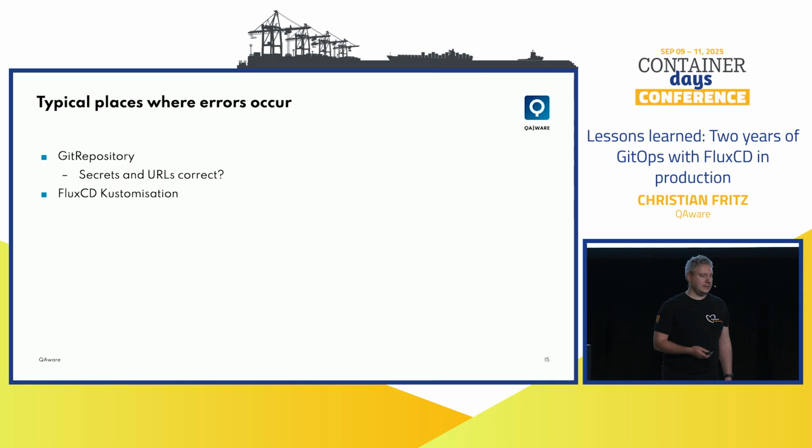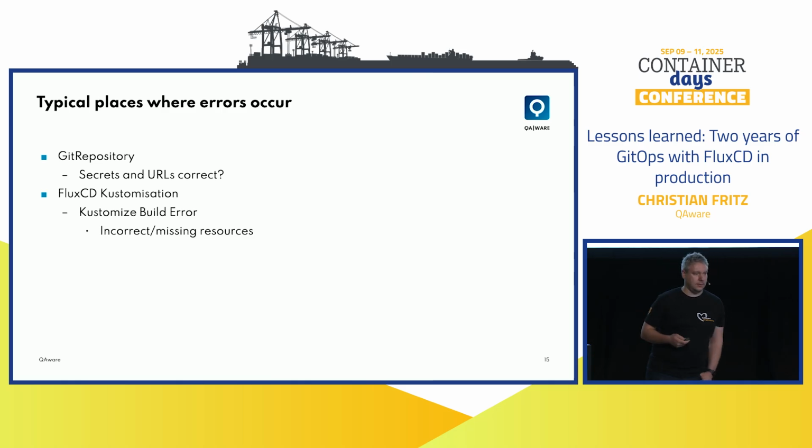The Flux customization can be wrong, so the wrong entry point and so on. Or customization build errors. So you have the same resource with kind, name and namespace in it, because of copy and paste errors,